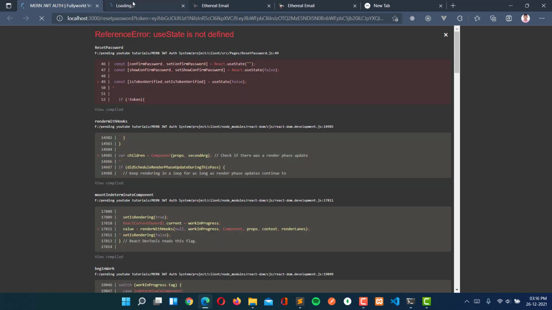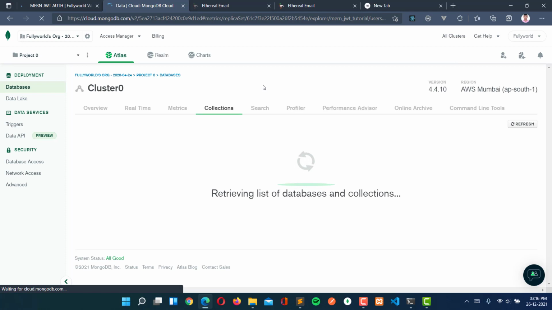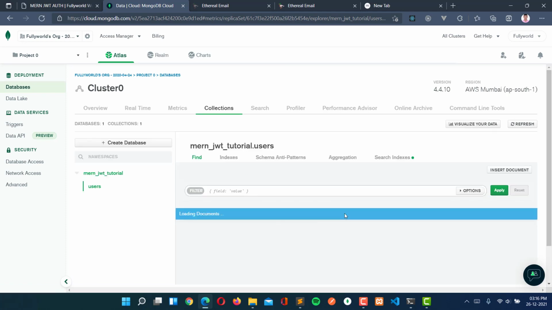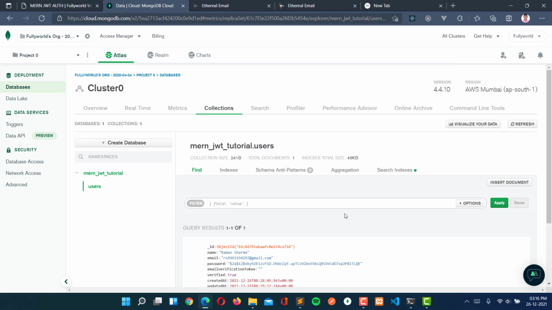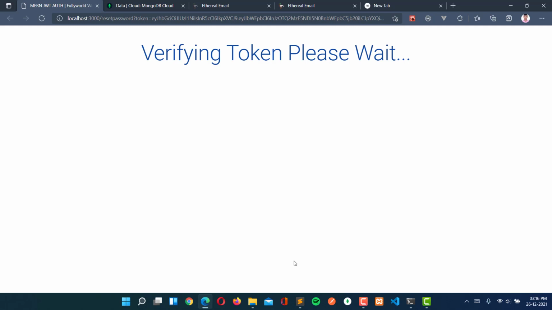So this reset password form will not be showing here. So it is reloading. Now we should have token also. No, we don't have any token, so that's great.